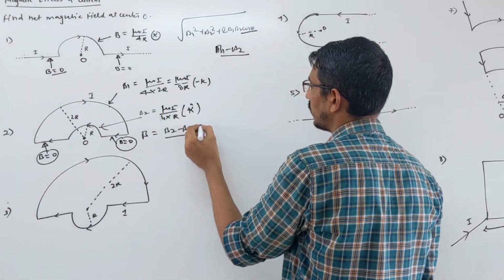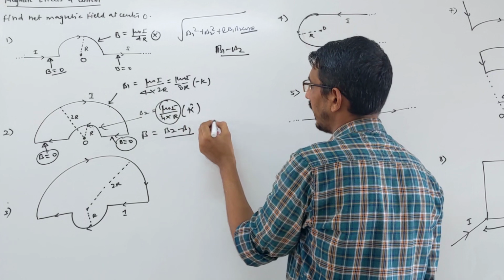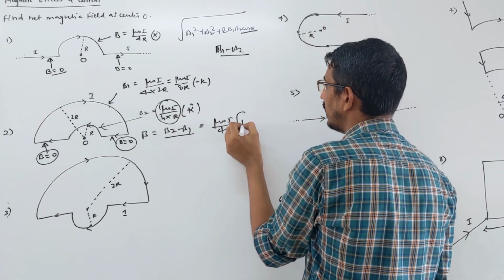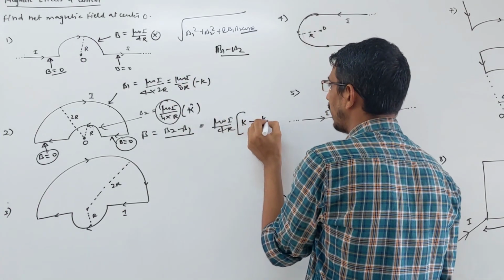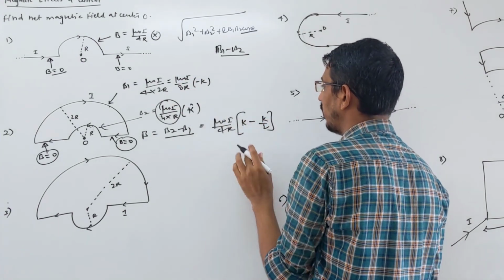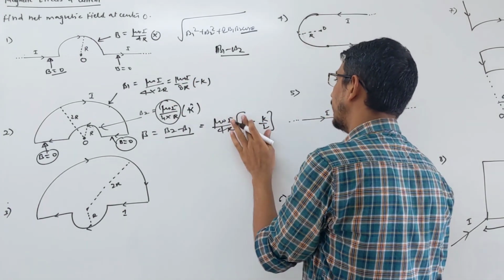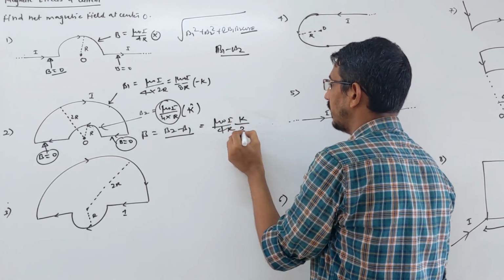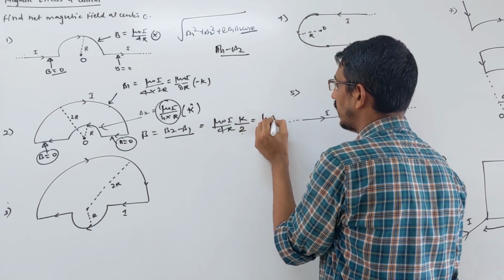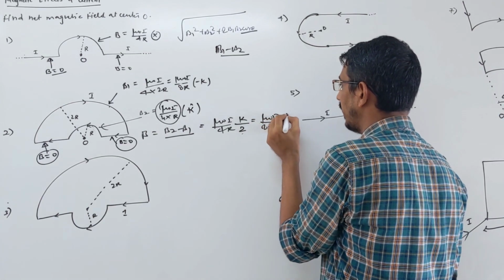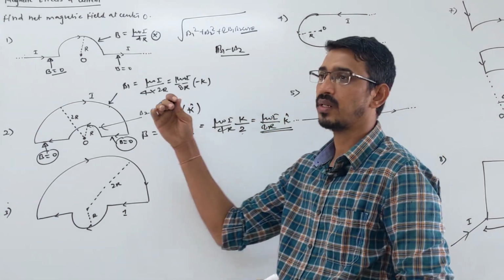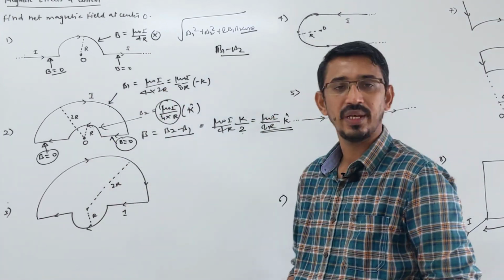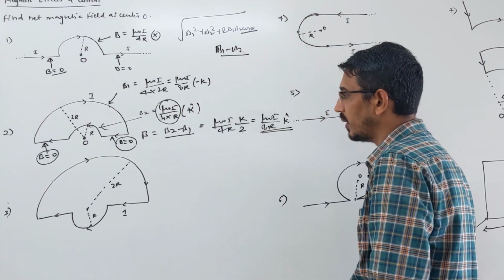So you can write it this way also. Take this term common, mu naught I upon 4r common, then what is remaining here? Just k, and what is remaining here? K by 2. K also you can take common, okay? Then you can write it this way: k upon 2, or mu naught I upon 8r, in the k direction. So the net field is outward, because the field due to the smaller loop will be bigger. Current flowing is the same and the radius is smaller, okay?